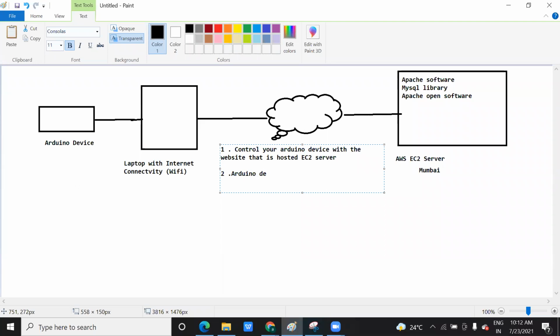So this Arduino device will send data, transmit data, to a server hosted on the AWS cloud. So you can see the message on a web page running on your EC2 server.